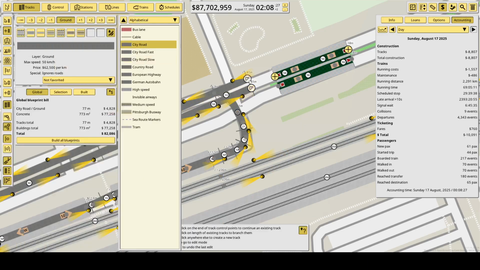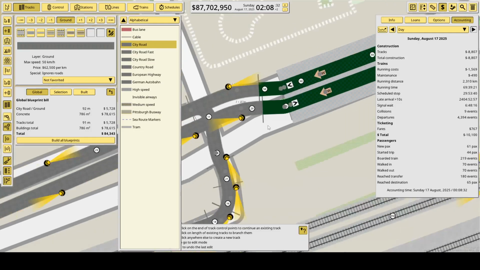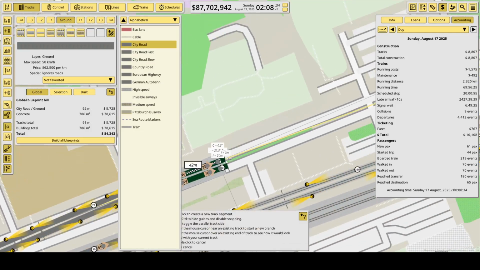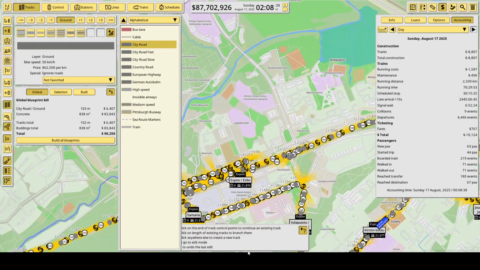So there we go. Quite a nice turn of events there. So the Espoo station stop is over there. Then we will stop at